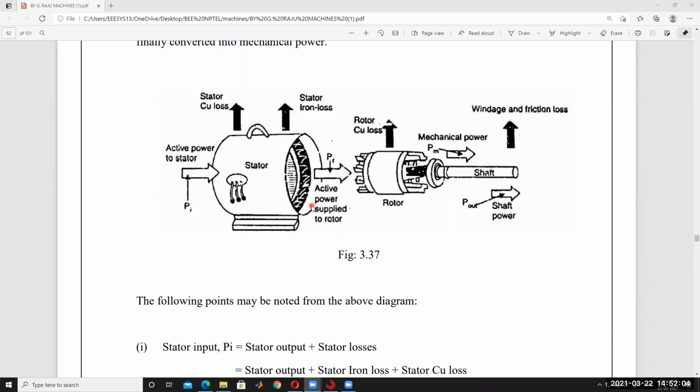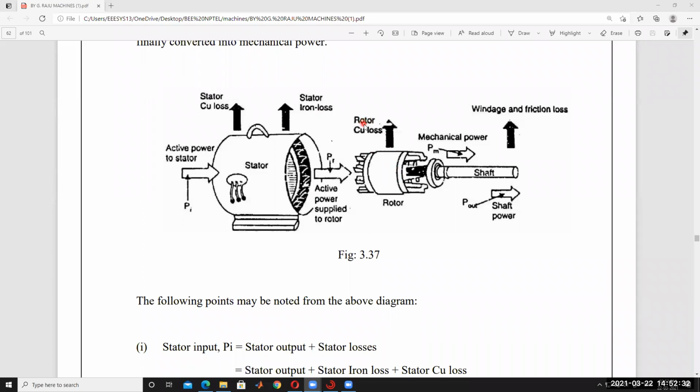That is also called the rotor input. That is called stator output and air gap power. Both are the same. Okay, stator output, rotor input, and air gap power. All the names are different, but all the meanings are the same. Stator output, rotor input and air gap power are all the same. Okay, and then the rotor has some losses.